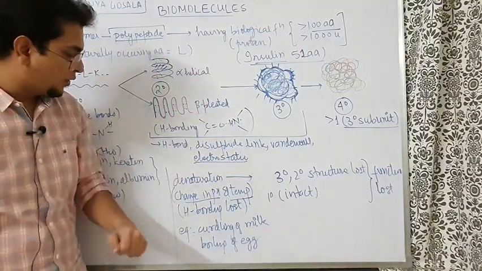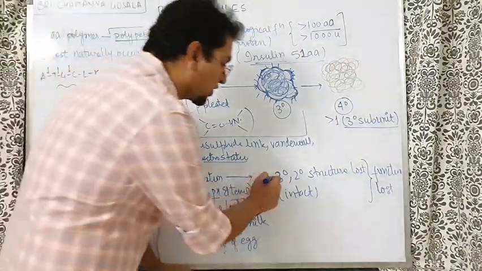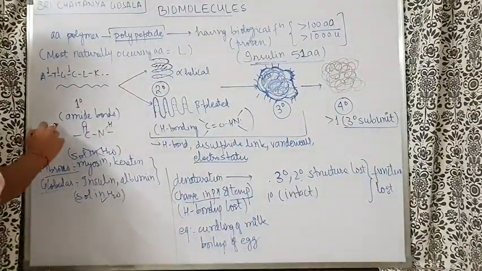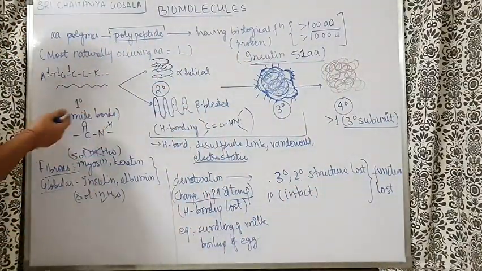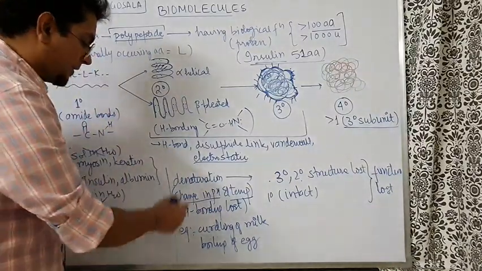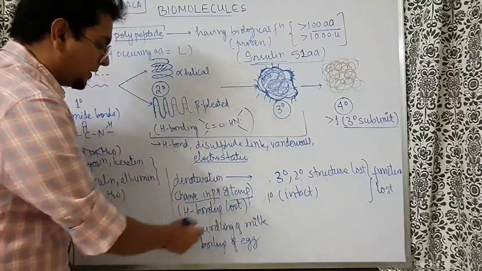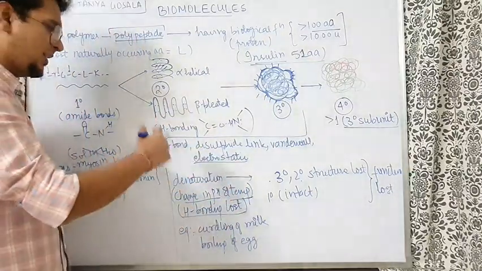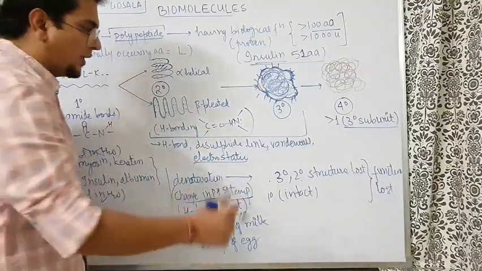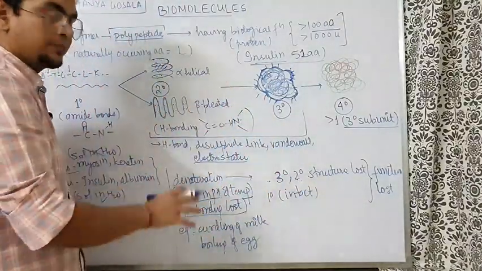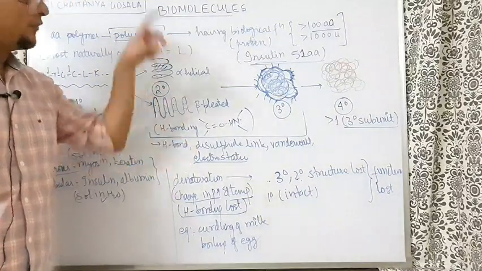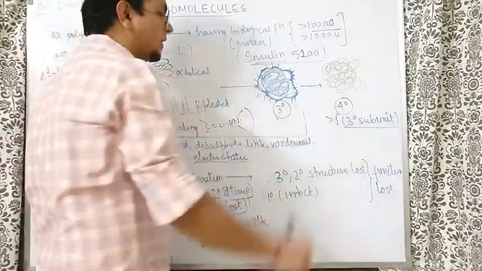And as soon as the hydrogen bonding gets disturbed, what happens? Tertiary and secondary structures get disturbed. Primary remains intact. Why? Because primary has the amide bond. It never was dependent upon the hydrogen bonding. So in the denaturation of protein, due to change in pH and temperature, hydrogen bonding is lost, and later on regaining will also be there, but not in the same way. Then tertiary and secondary structures are lost. Understand, the polypeptide function depends upon the tertiary and quaternary structure.